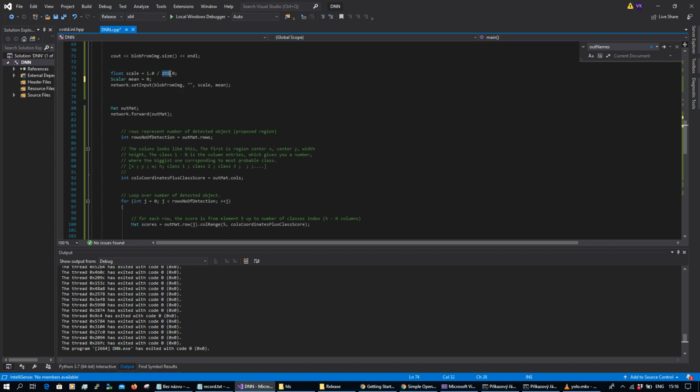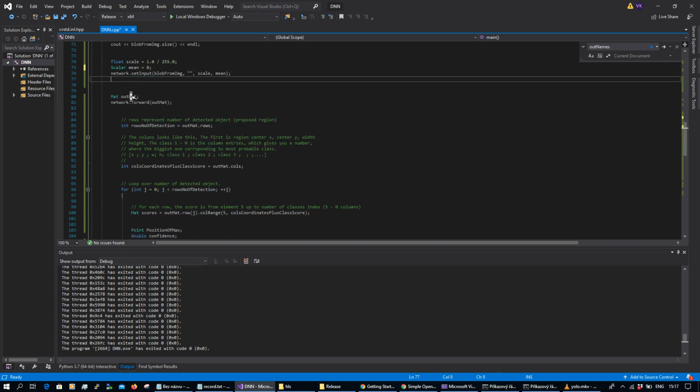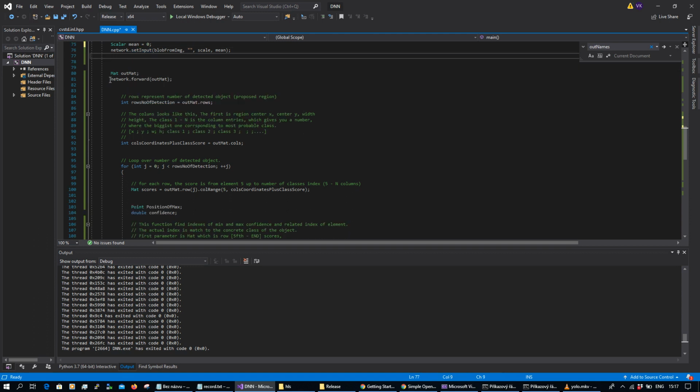All the values with this maximum will be scaled from 0 to 1. And this mean is basically suppressing the mean. It's described what these two are doing, but this scale is definitely important. This is not that important. And once you have set the input of your neural network, it is ready to be evaluated, and the output is in the output matrix. We will basically perform the forward evaluation of this neural network and store the output in this output